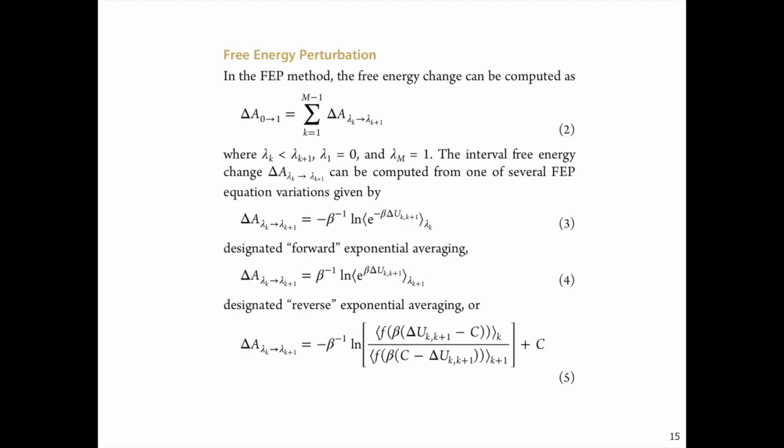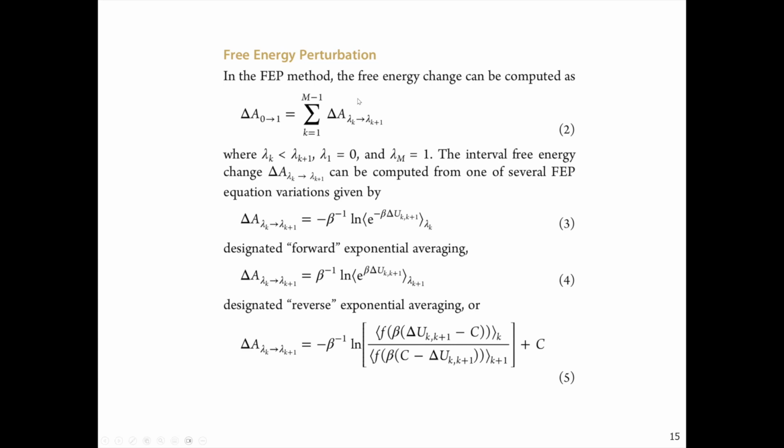Free energy perturbation methods are a different class of methods that have a different formula, but they're formally the same as thermodynamic integration. In practice, you also have to run a series of calculations that connect the end states 0 and 1. The reason is that in order to get converged results for the free energy predictions, you need good phase space overlap between your adjacent intervals. I'll talk a little about what that is.